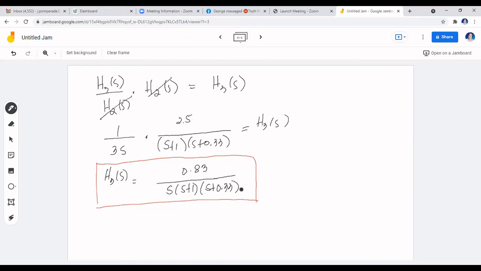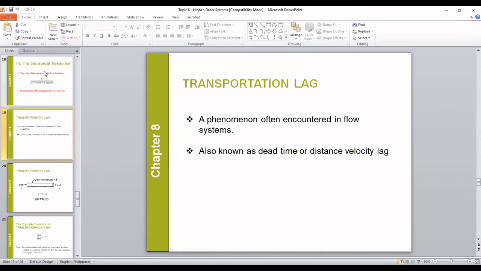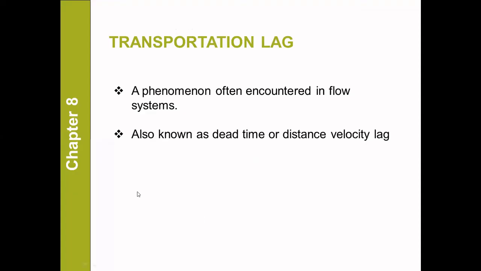Okay? Now, I'll borrow maybe a minute of your time. This is short regarding the transportation lag, so I'll go to the PowerPoint so I can discuss it. Anyway, it's being approximated. We don't normally process by inversion a function of s expression that is still intact with e raised to negative s, because that would be using the second property of Laplace wherein you will have now the occurrence of the